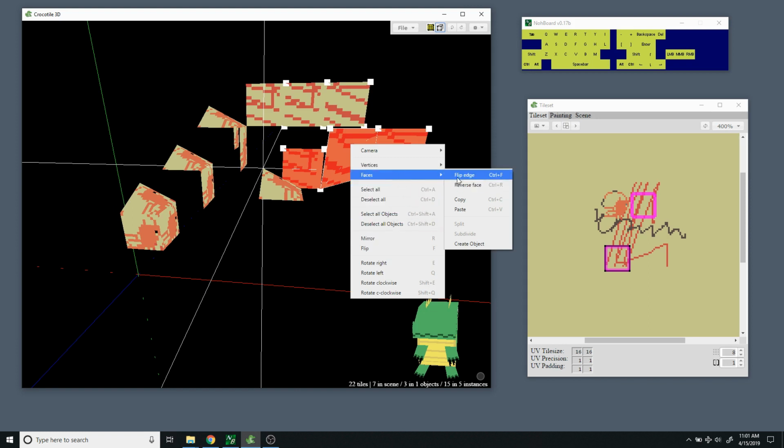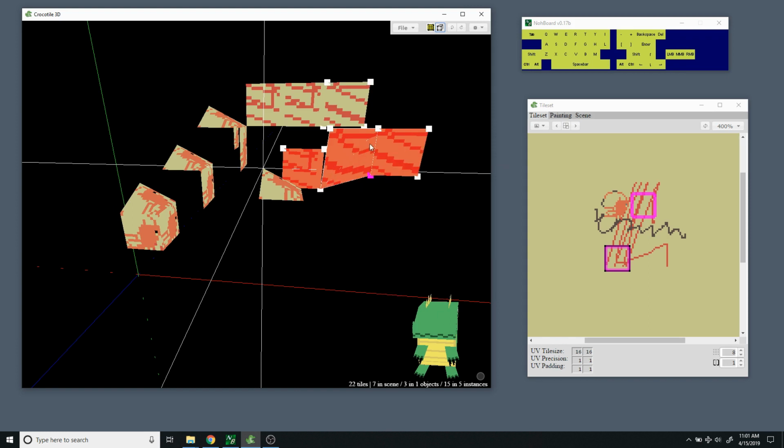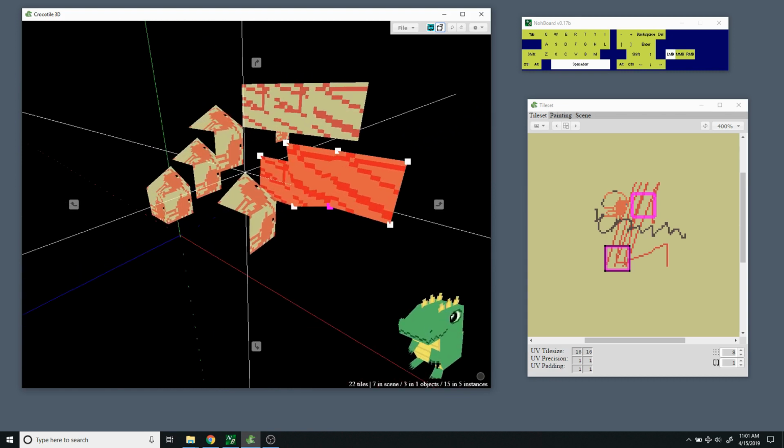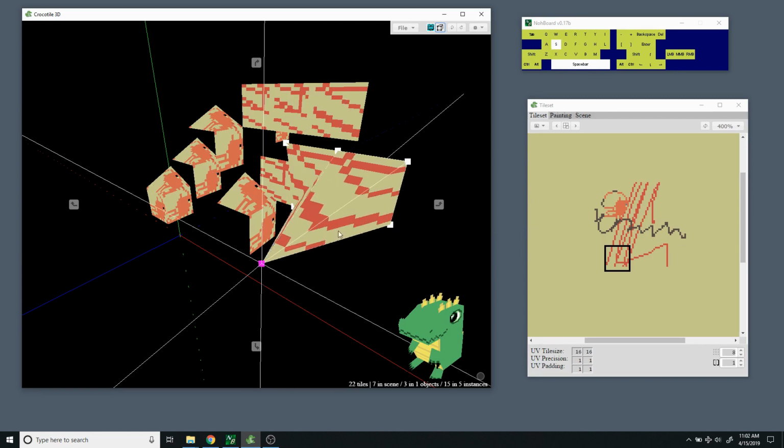You can flip the edge as well, and what the edge is basically is this line that divides the tile into two triangles. So you see there's a line here. Let's say you don't like the way that it triangulates. How do I explain that better? If I move this like so,